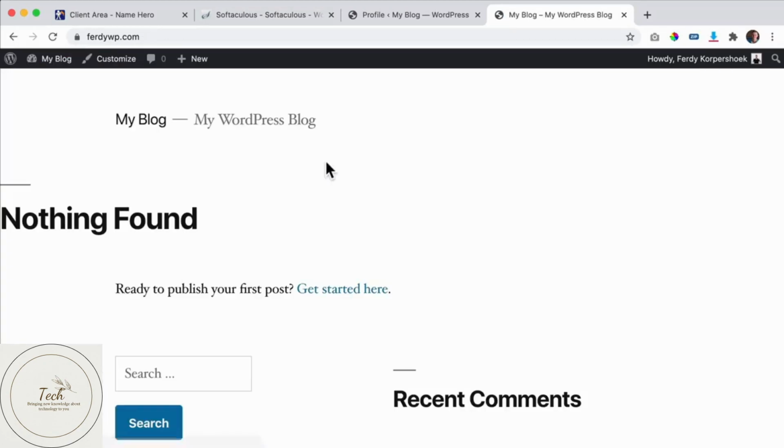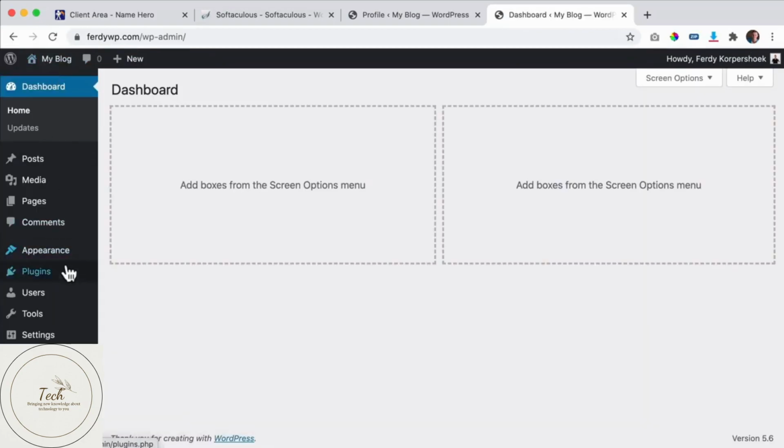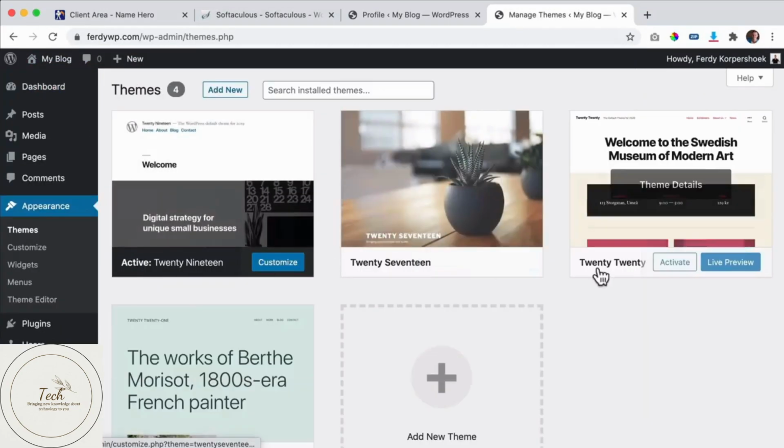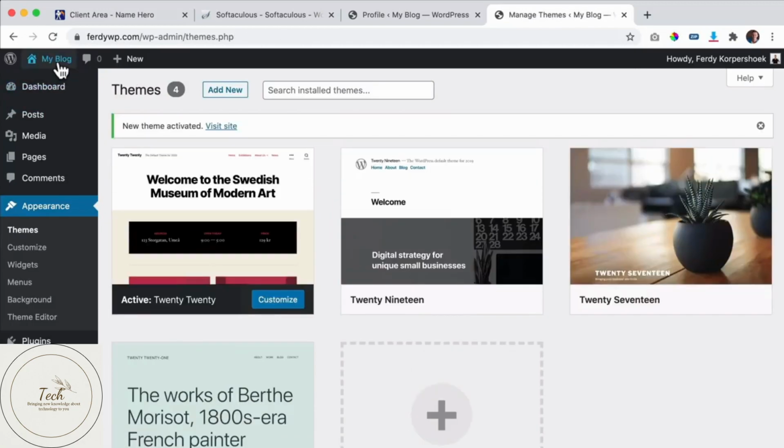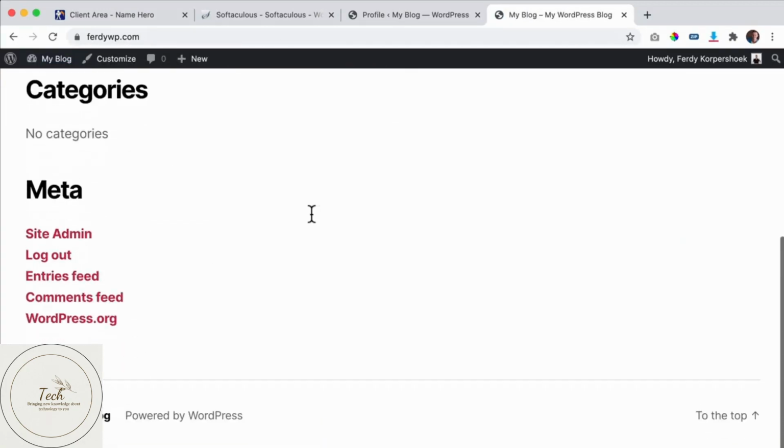And now our front end still looks like this. I don't like it, so again, if I go to the back end, to appearance, and I select 2020, it looks like this, which again is